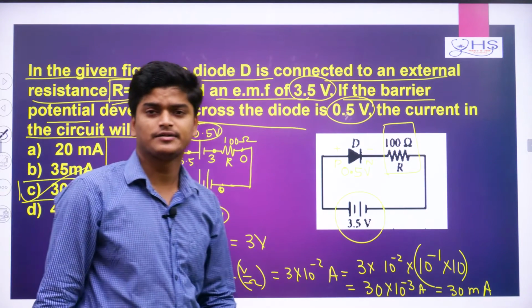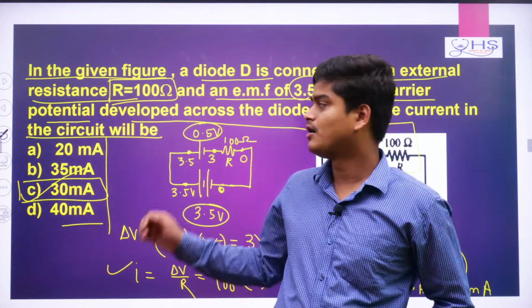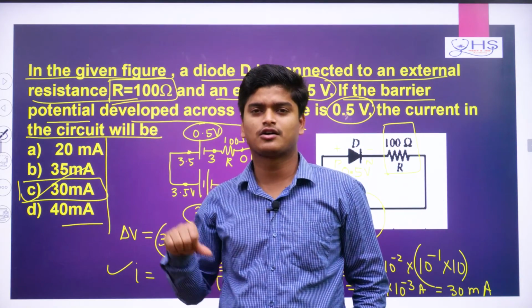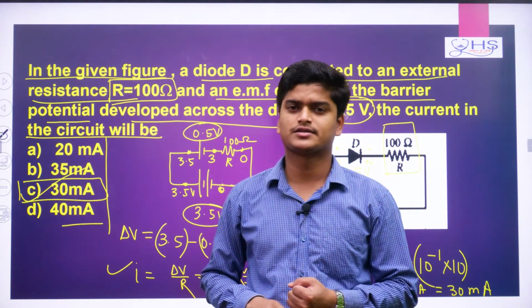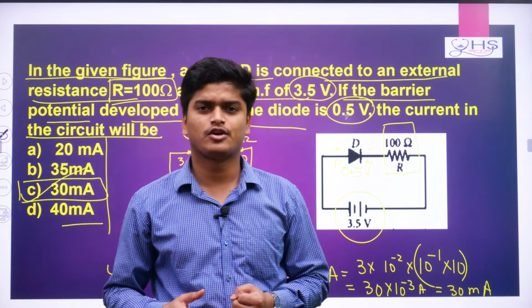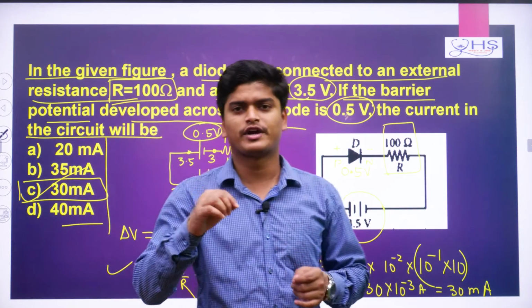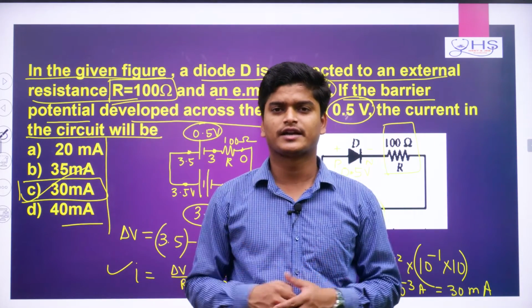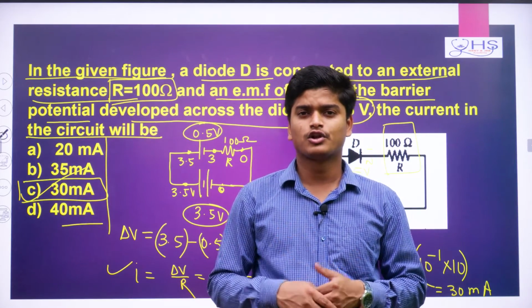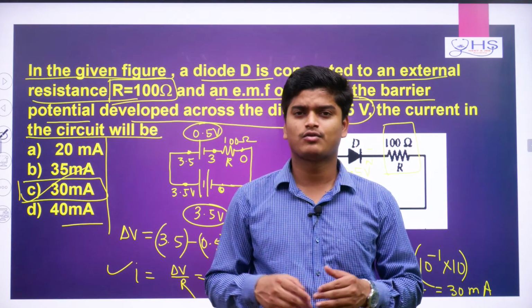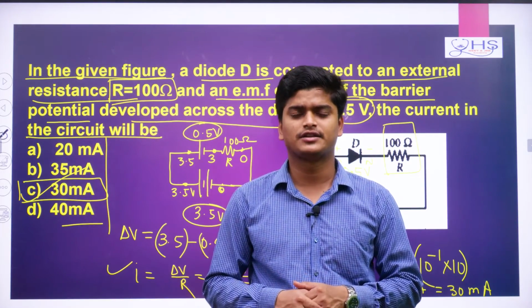I hope you understand. So here we discussed what is forward bias, reverse bias, how to find the current when the diode is forward biased, and remember when the diode is reverse biased there will be no current flow. At that time we can write that as an open circuit. So the circuit we can remove, and we also saw what happens if you are heating the diode, and what effects happen in the diode.